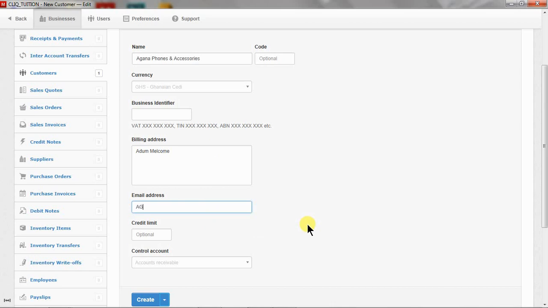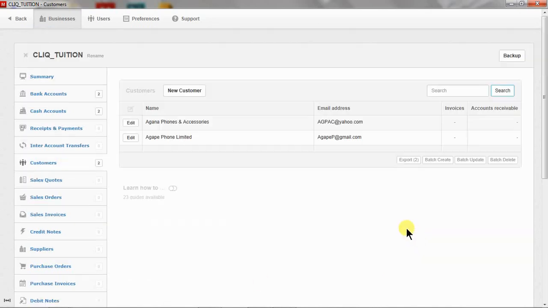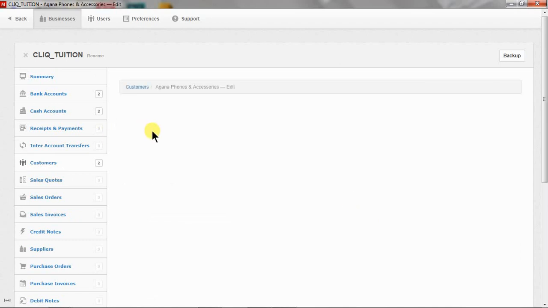So the email, AGPAC at, let's say, yahoo.com, and then always remember to link these control accounts to our debtors. Now you realize the software has highlighted accounts receivable. If you click on create, it's going to automatically create this account, but we want to link them to the debtors that we've already created, and then click on create. Let me see if I did the same for